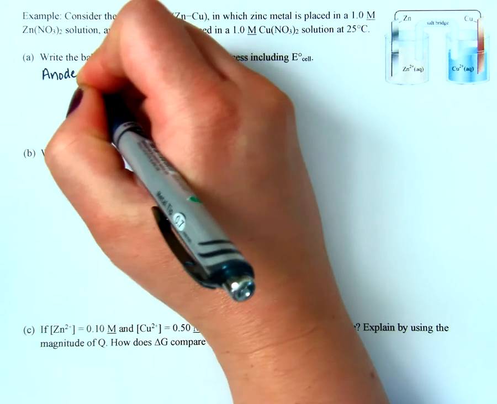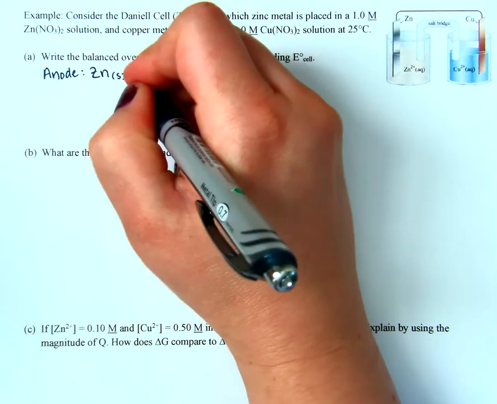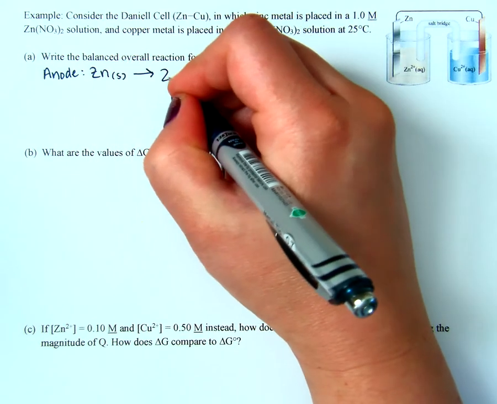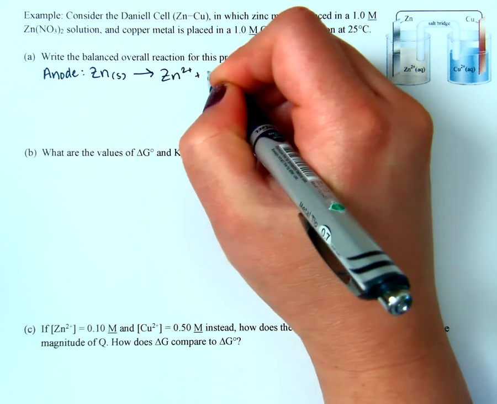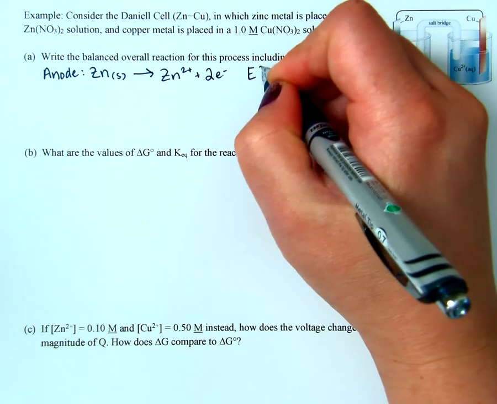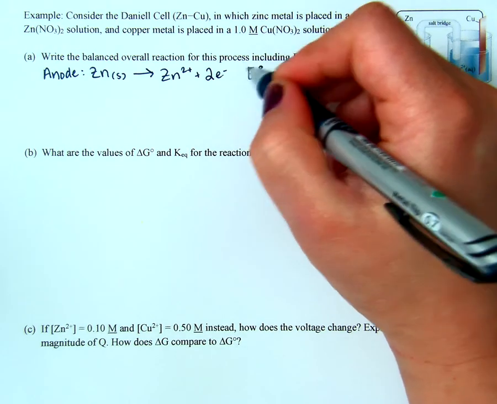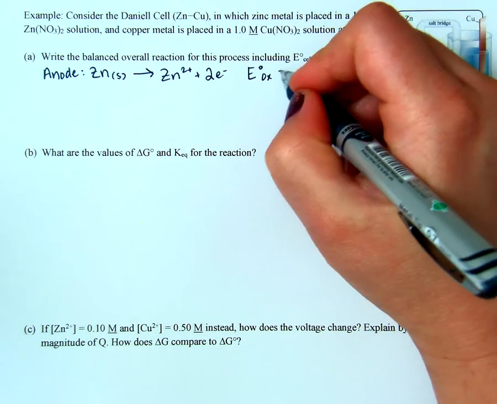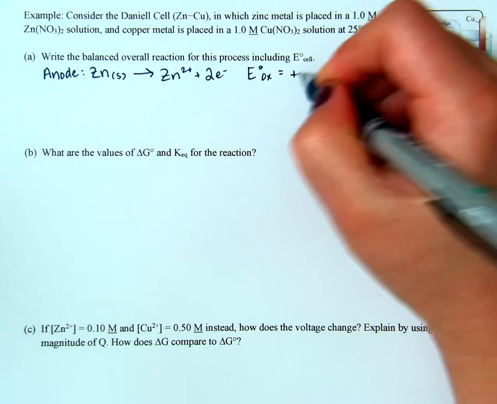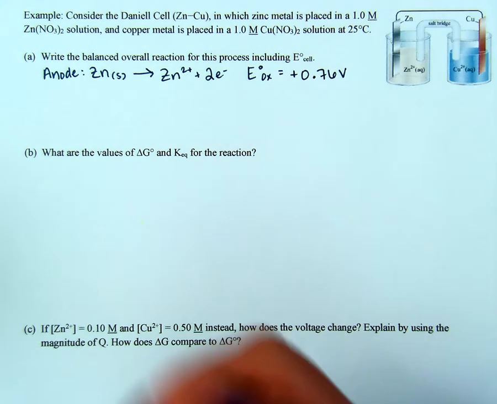My anode is my zinc solid being oxidized. So Zn goes to Zn2+ plus 2 electrons. My standard oxidation potential is the opposite of my standard reduction potential that I looked up on my page. So I'm going to have to flip the sign here. So this is plus 0.76 volts. And my cathode,